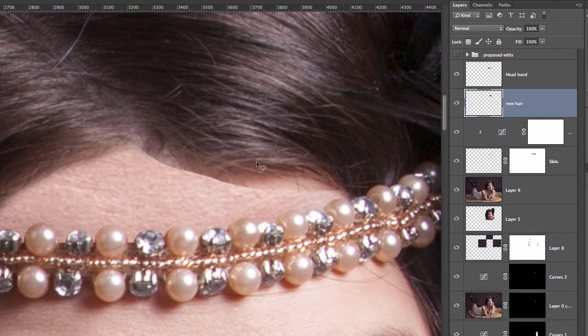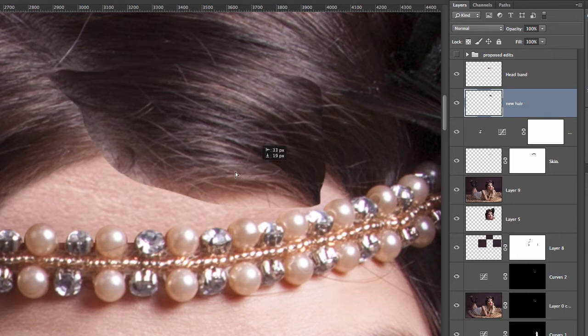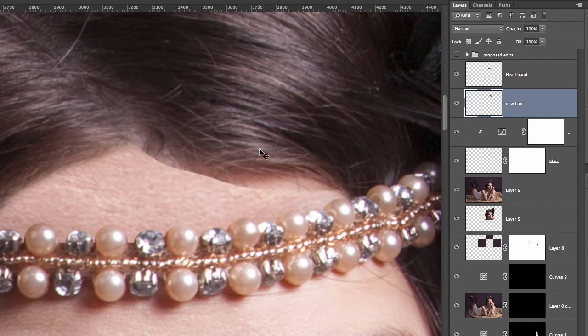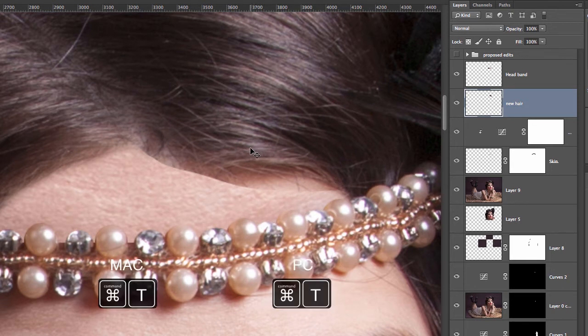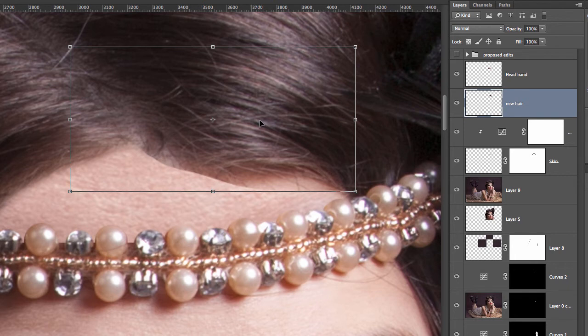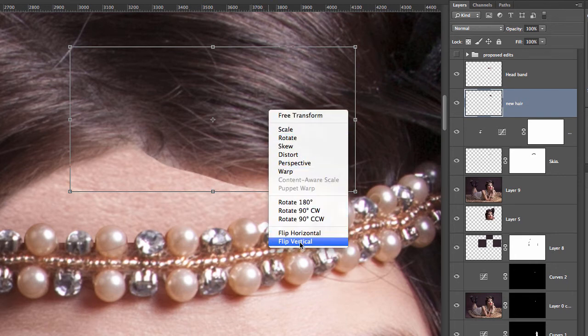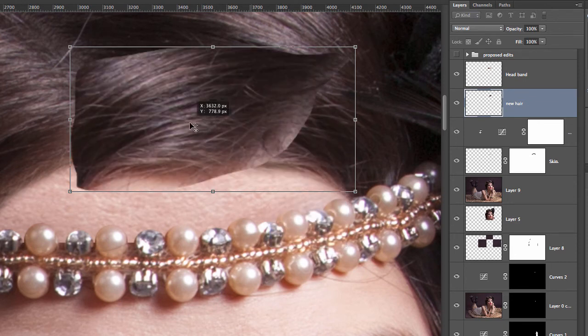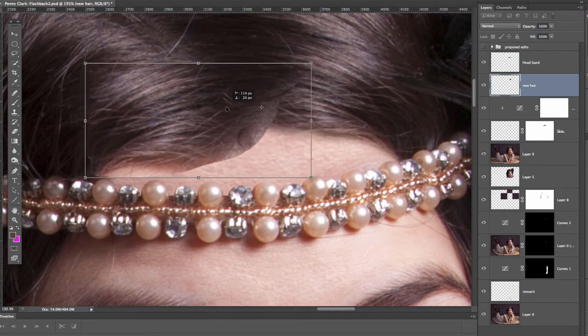So now you see our hair, oops, let me go to the move tool here. Our hair is kind of on its own layer. All right, I'm going to hit Command Z to put it back. I'm going to hit Command T to free transform that. I'm going to right click on that, or if you're using a Wacom tablet, control click, and I'm going to select flip horizontal. So now that we've done that, I'm going to drag this hair over here where it needs